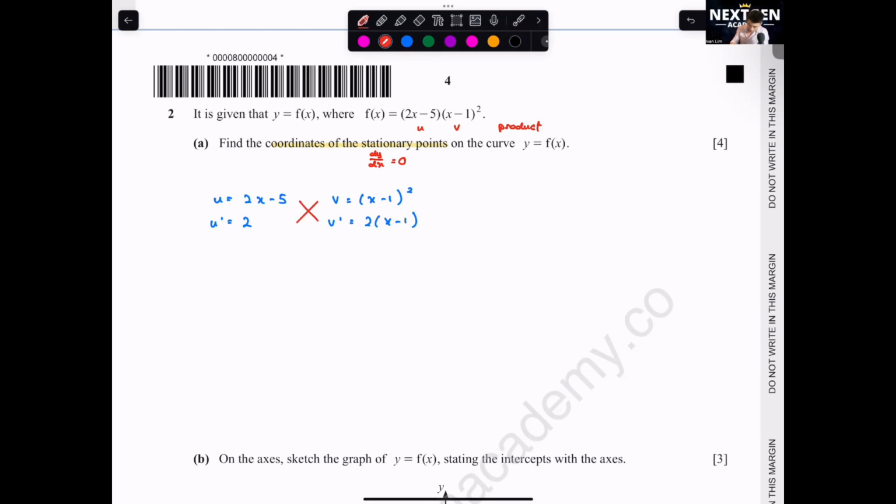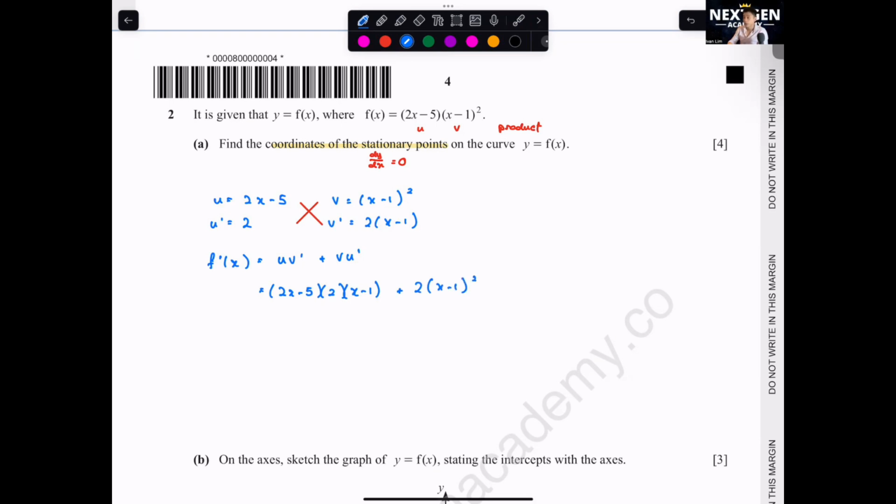Then you cross it. Formula: f prime x will be u v prime plus v u prime, which will get (2x minus 5) times 2(x minus 1) plus, I rearrange it, just put the 2 in front, 2 bracket x minus 1